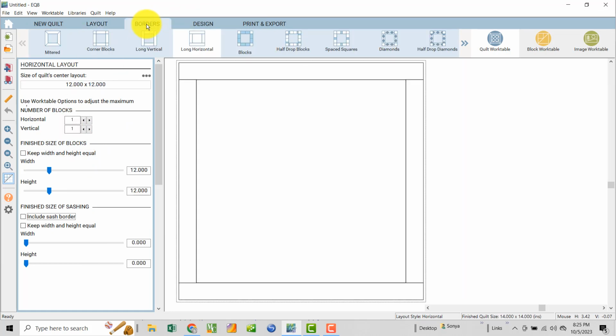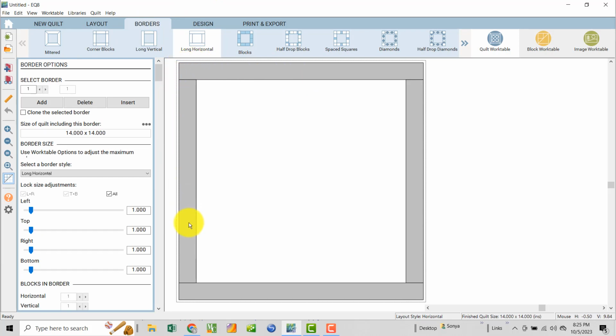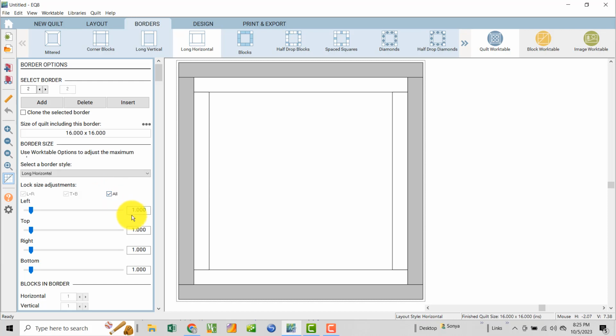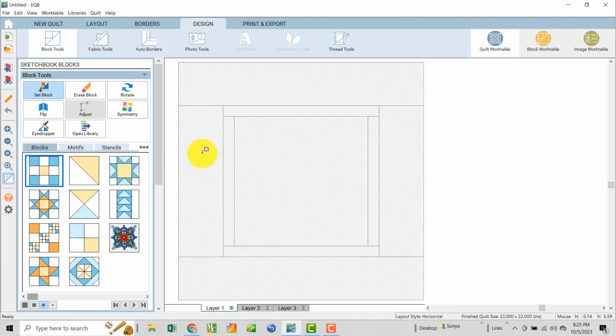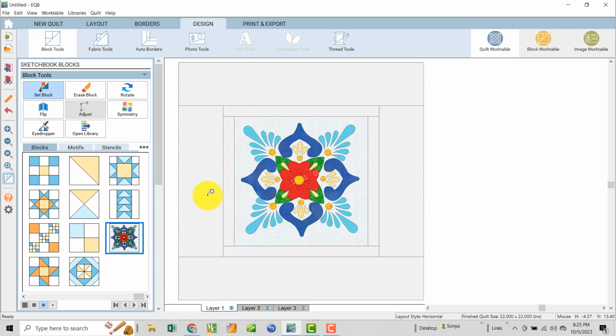And then I'm going to go to the borders. I'm going to leave the first default border, which is 1 inch. I'm going to add another border, and let's make it 4 inches. All right. I'm going to go over to design, and I'm going to set the block. So there's my block. I'm going to set it,